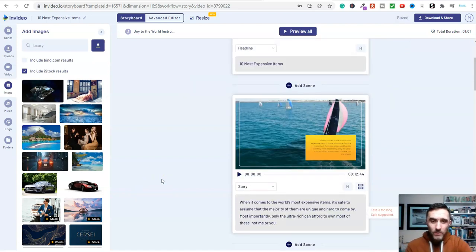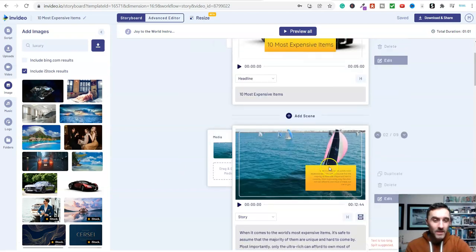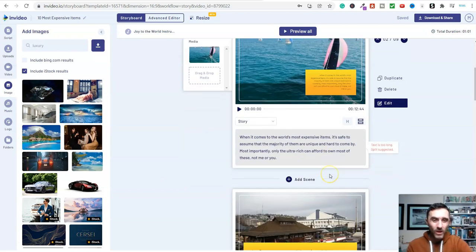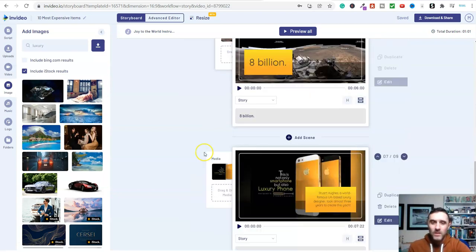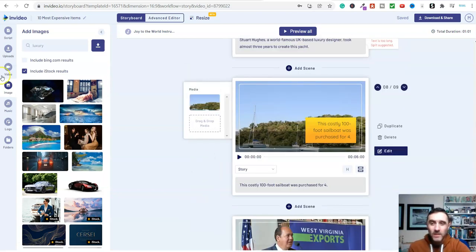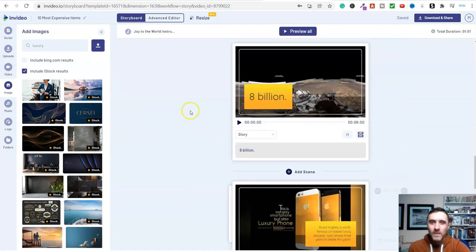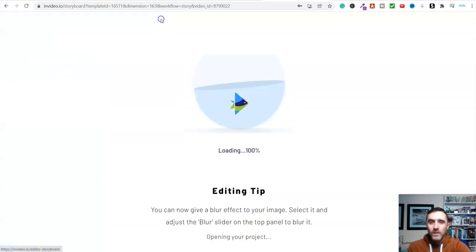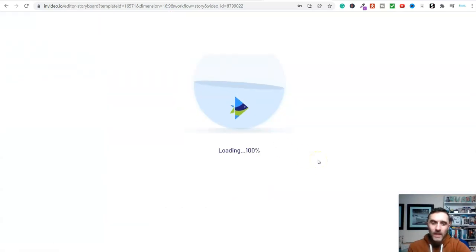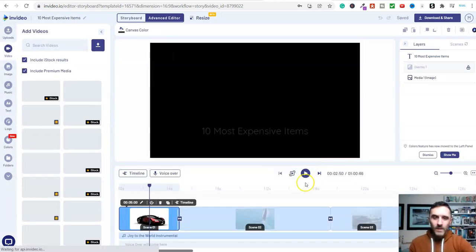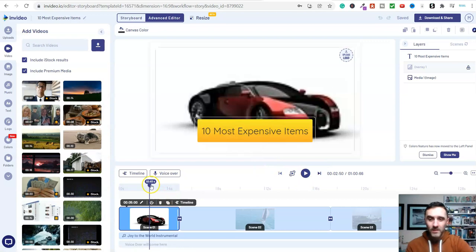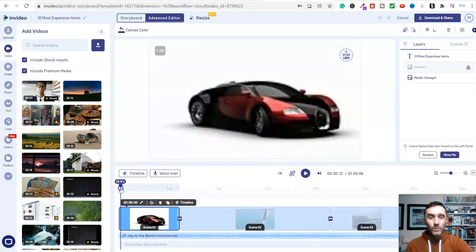And at this moment in time, don't worry about the text or the positioning of this or anything, because we can change all of this around. So you can come through and have a look at the images and the videos and change them. But then what we do is we click on the advanced editor. And now it's going to give you some more options. So inside of here, if I just drag this over here, you can see how this video starts to look. So if I click on play,